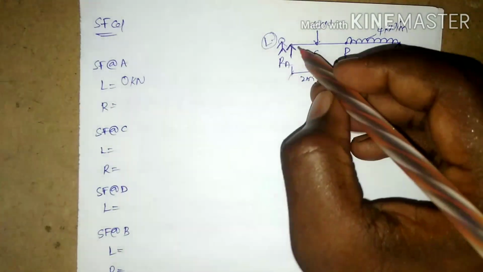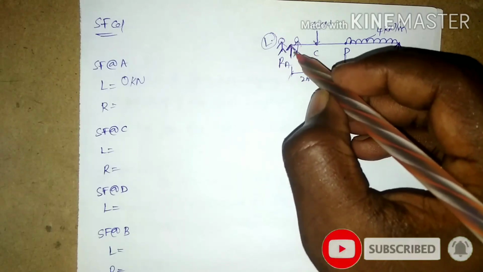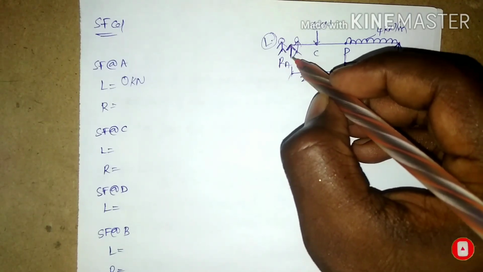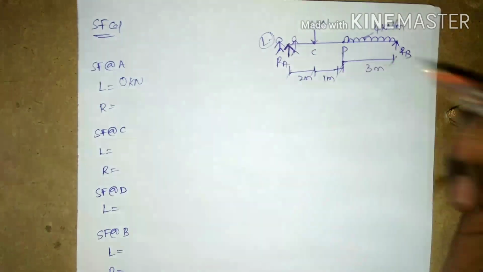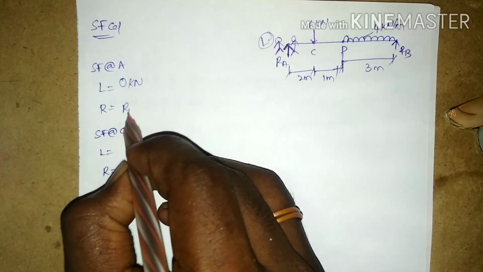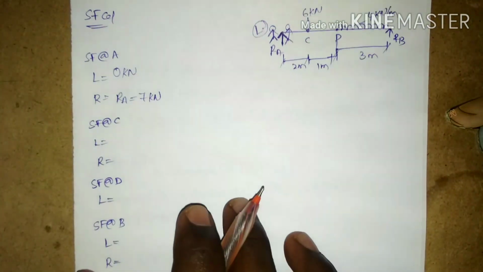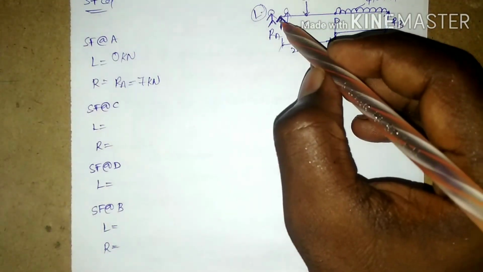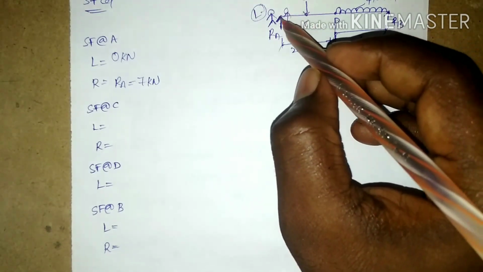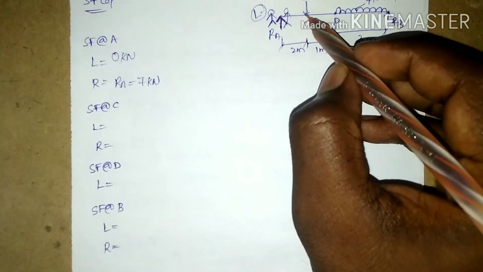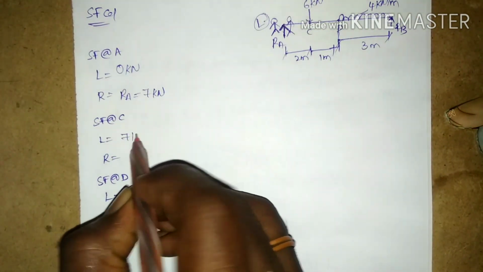And next, when I stand just right of the RA reaction, I find an upward force, the magnitude of RA, acting on this beam, so the value will be RA. The value of RA is 7 kilonewtons. Now I am going with C. From A to C there are no loads, so from A to the left of C, the 7 kilonewtons continues to act on the beam, that is RA.